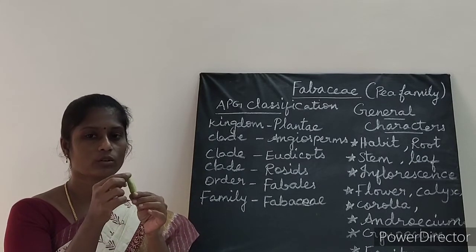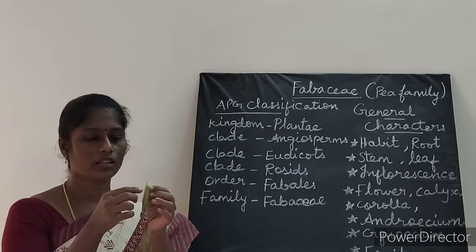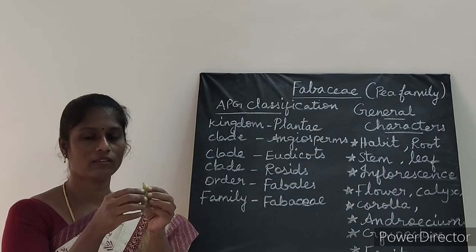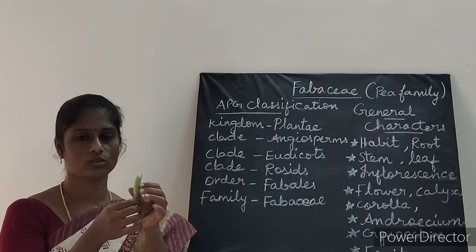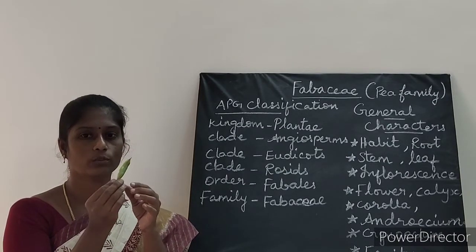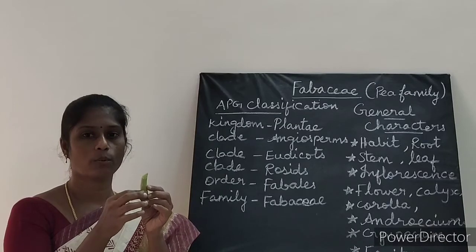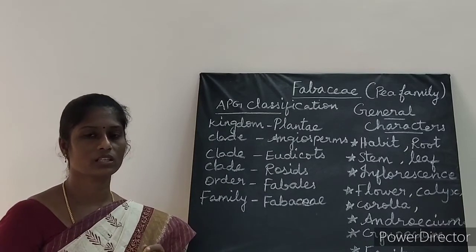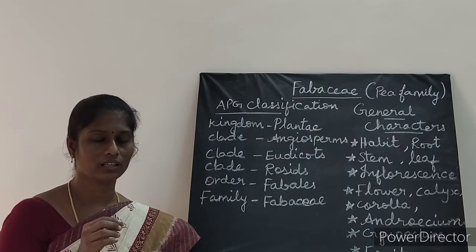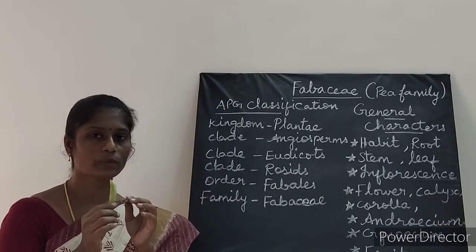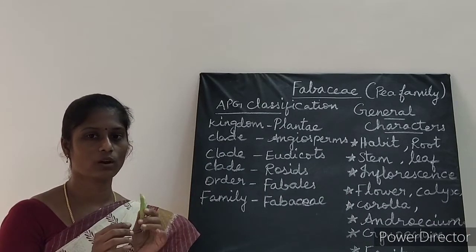Okay, Pea family. So what is a legume? Here the seeds are inside, covered by a structure, is it not? So this type will come under what? A legume, pod. Sometimes it is indehiscent. Indehiscent means what? What did we study? That the fruit does not split open. That is called as what?